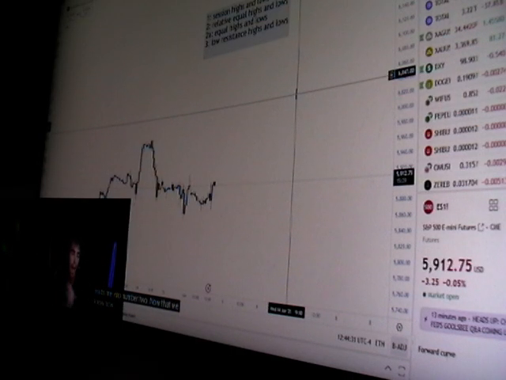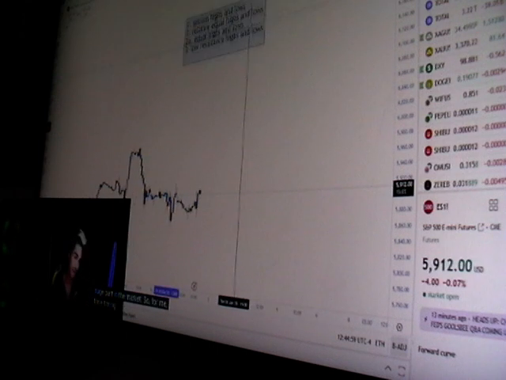Now that we know what draws on liquidity are and how to identify them, we want to be able to identify when and where we can execute on these. Because it's one thing to just say, okay, I know how to identify draws on liquidity, I'm just going to mark out every single one and take a trade whenever one happens. That's probably not going to be the best idea, because time plays a huge part in the market. So for me, timing is pretty much everything.